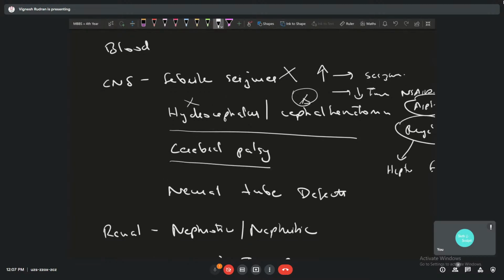And then your cerebral palsy is defined as damage to the developing brain leading to motor neuron defects. Usually it's going to be a spastic or a paralytic type. You have both of them. Spastic is most common. This can be due to various causes: preterm labor, respiratory distress, maternal infection in pregnancy, and meningitis in childhood. All of these are predisposing factors for cerebral palsy.